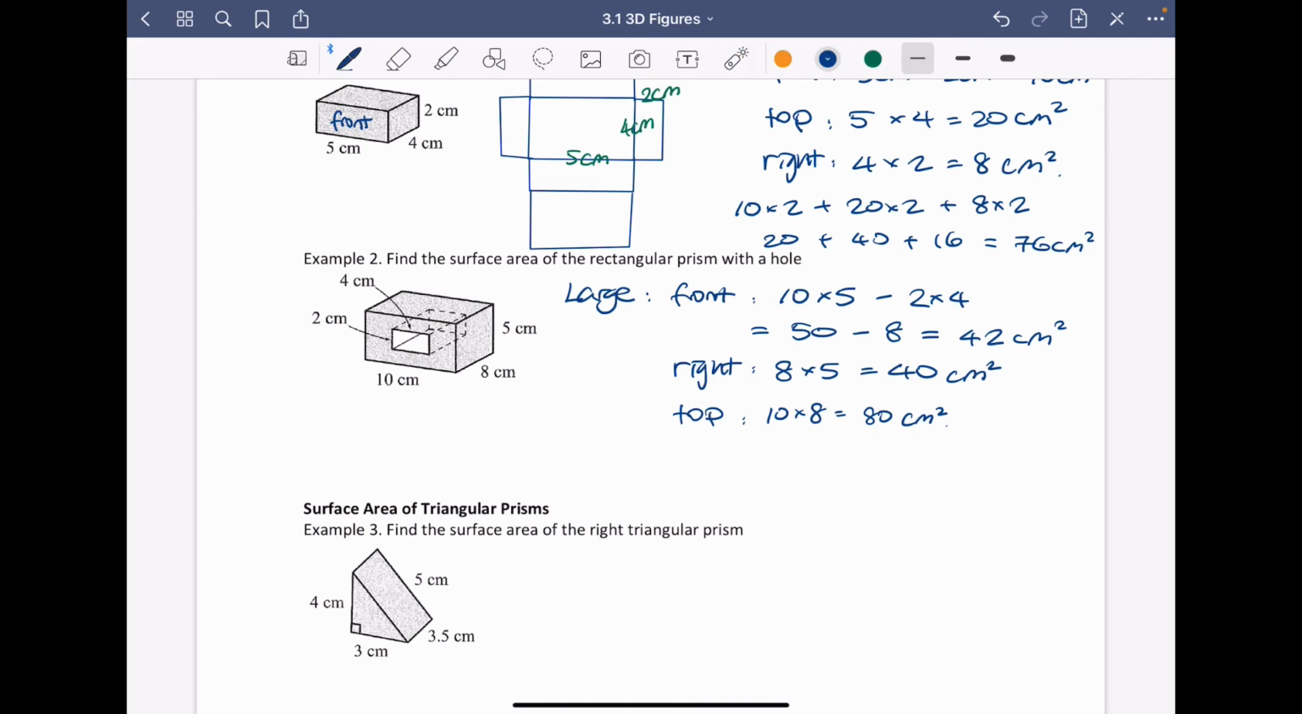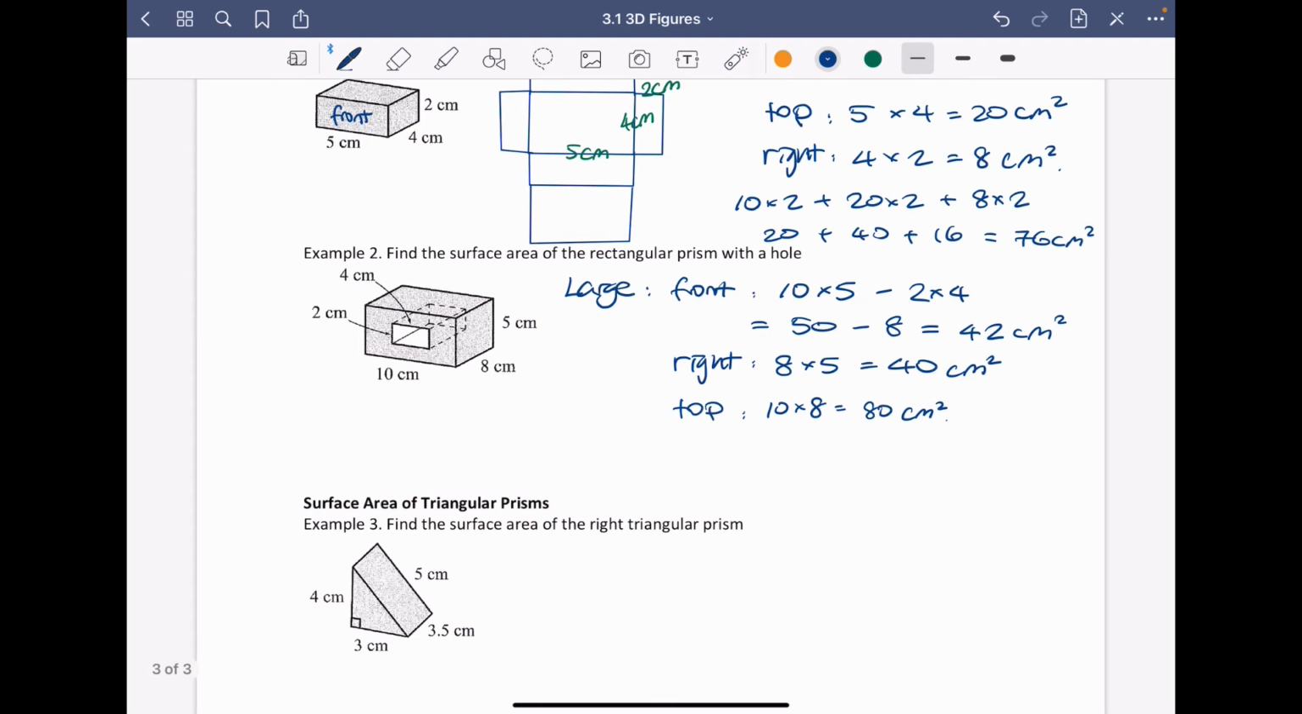So it's just all of these times by 2. So 42 times 2 plus 40 times 2 plus 80 times 2. And so that's 84 plus 80 plus 160, which is equal to 324 cm squared. And so that's the